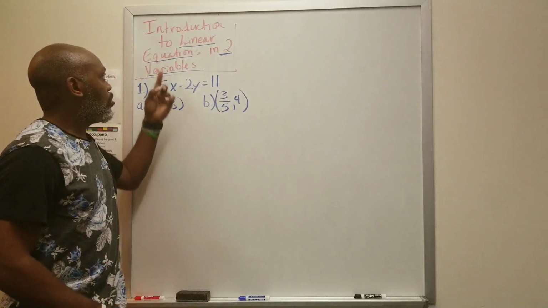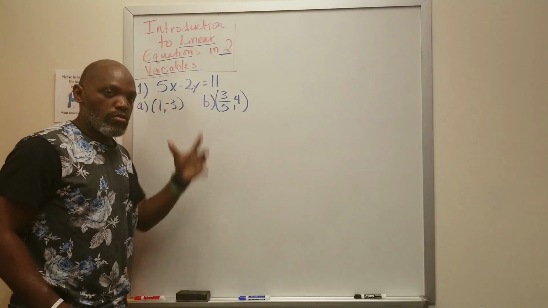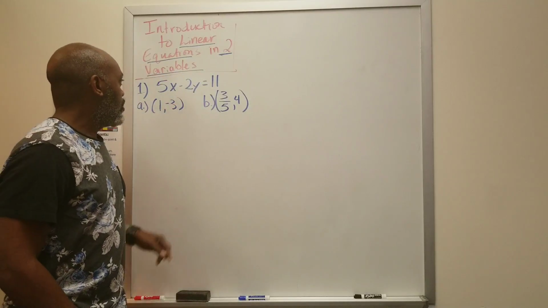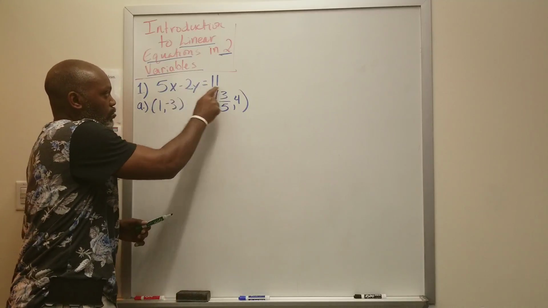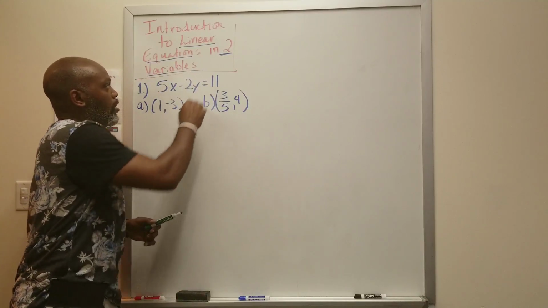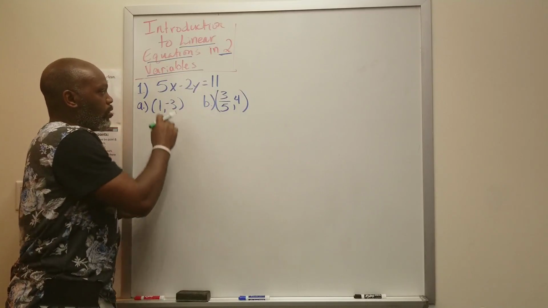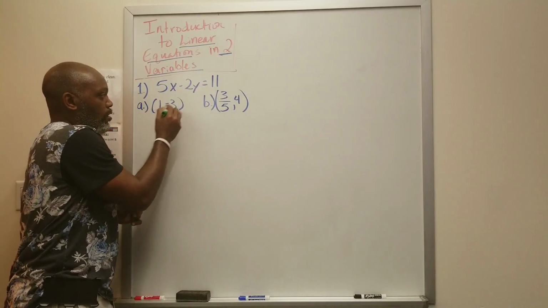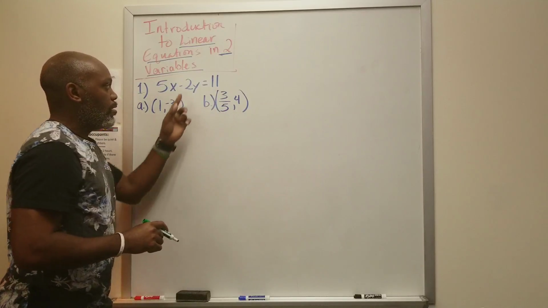And we're going to be talking about linear equations in two variables, and this is the introduction to that. The reason it's called a linear equation is because here's your linear equation, right? And there are two variables, x and y, okay? And what they want us to do is see if either one of these or both make this